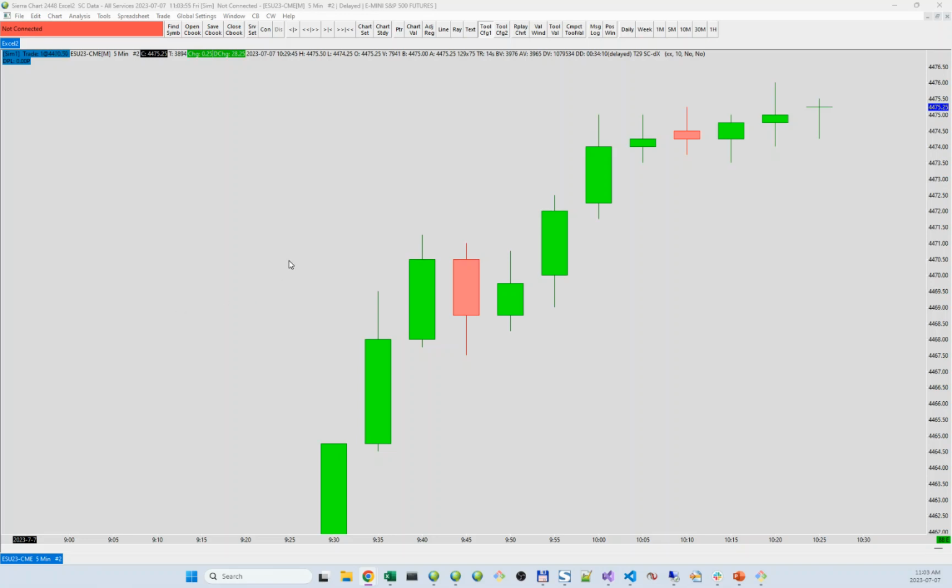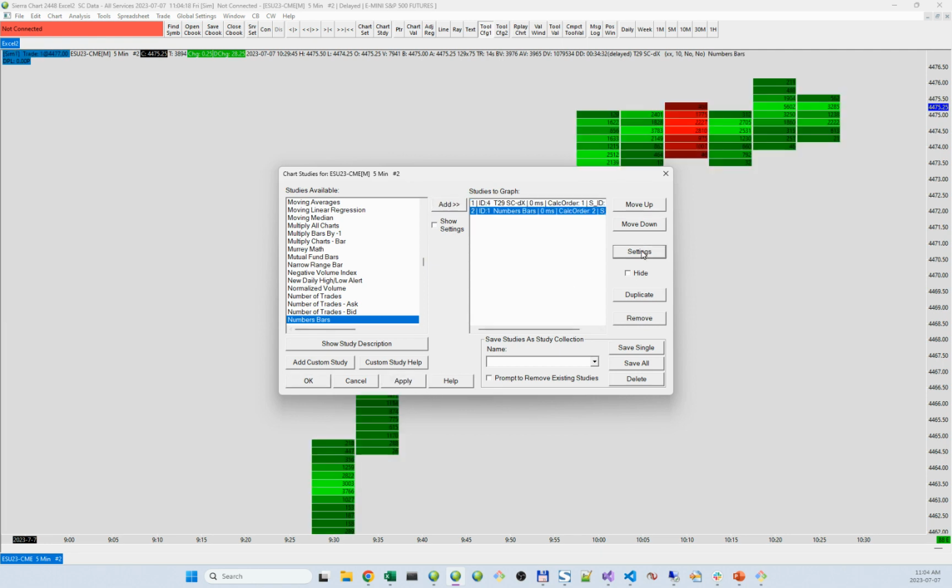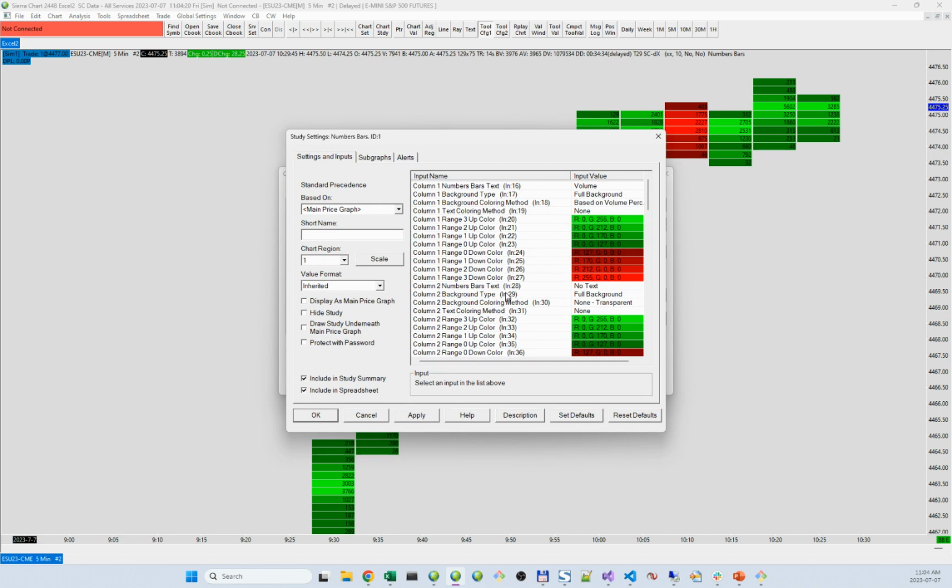All right, so in the most recent version, we added support for volume by price, what's called footprint or number bar study in Sierra Chart. So let's see what that looks like. I'm going to add the numbers bar study to the chart. Let's set this up with bid and ask